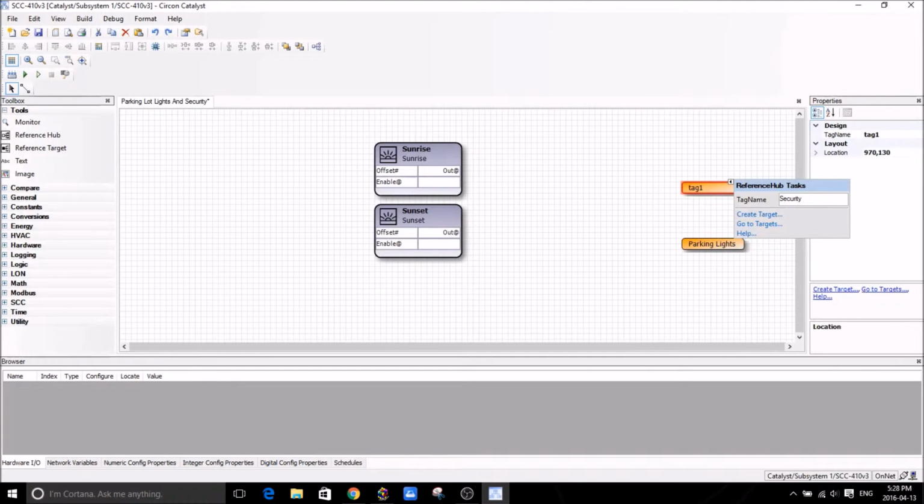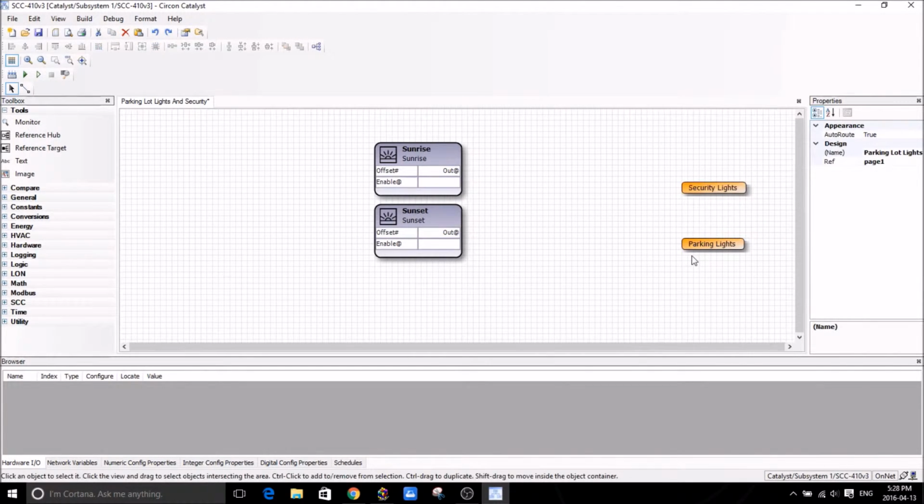Security lights. Alright. Okay, so what I want to do for this example is basically I want the security lights to